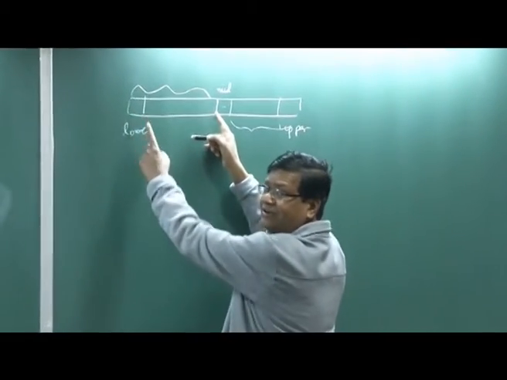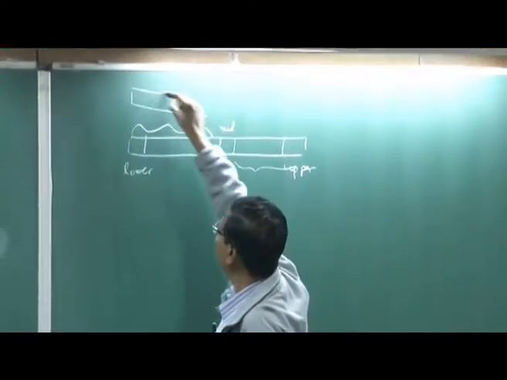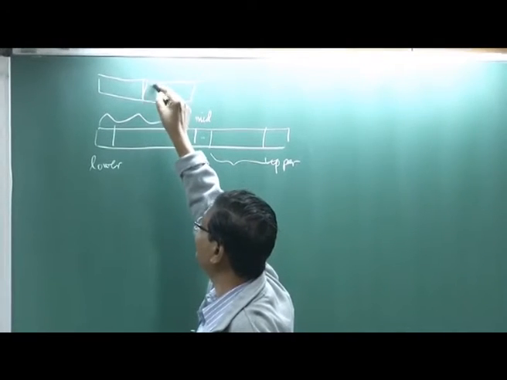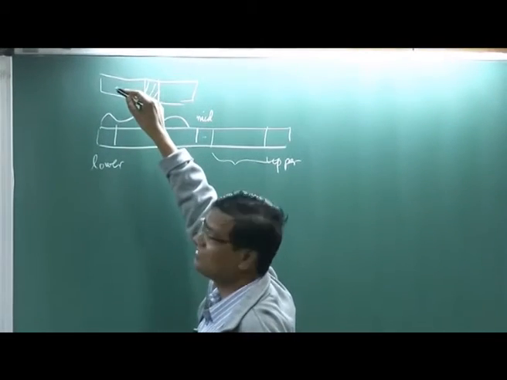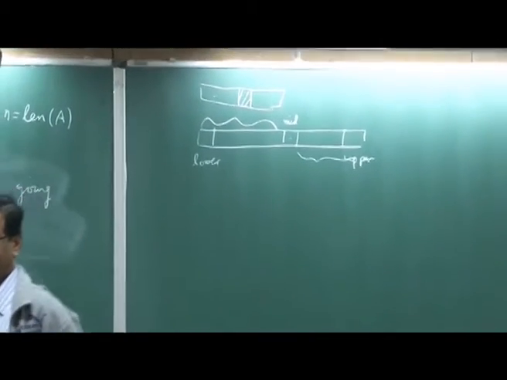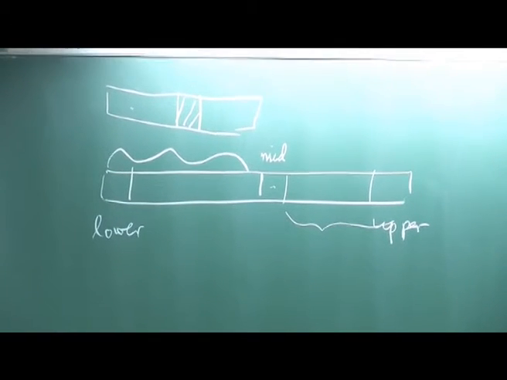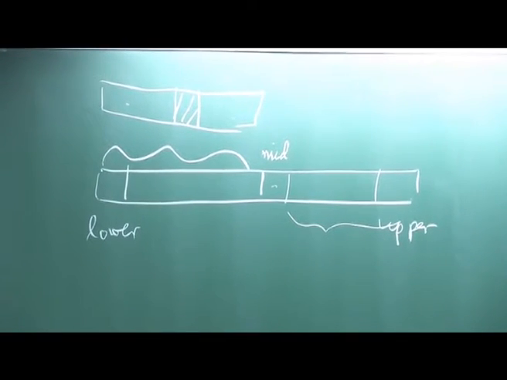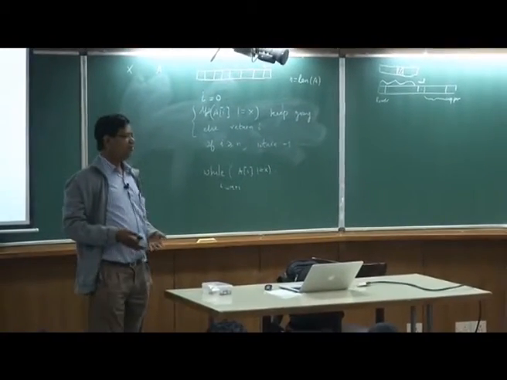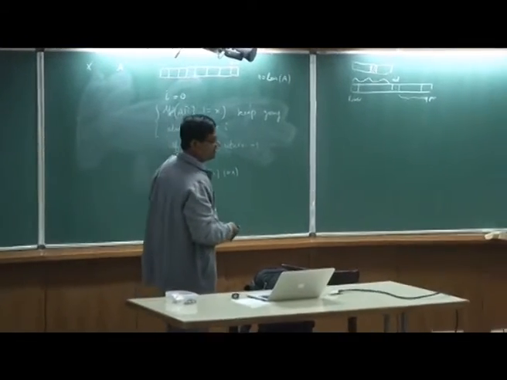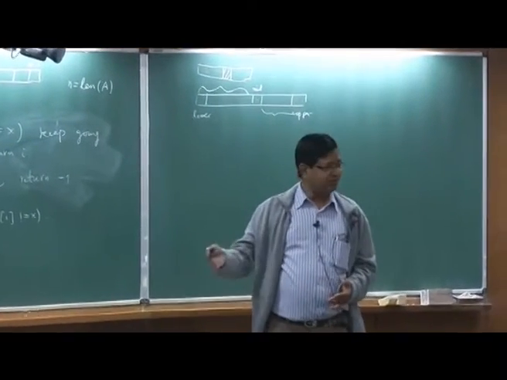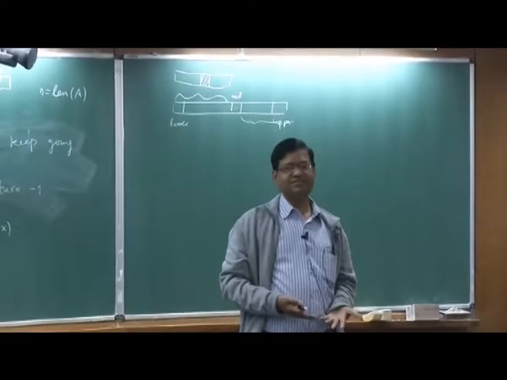If it is here, then again it is a sorted array, this part. So again I go to the mid and ask, is it equal to this? If not, here or here. Keep going down, you converge quickly. In fact, you need log n steps. It's a tree you're creating, each time dividing by 2. To reach 100, I divide to 50, then 25, then 12. That's how you keep searching, and you reach in 6 steps.